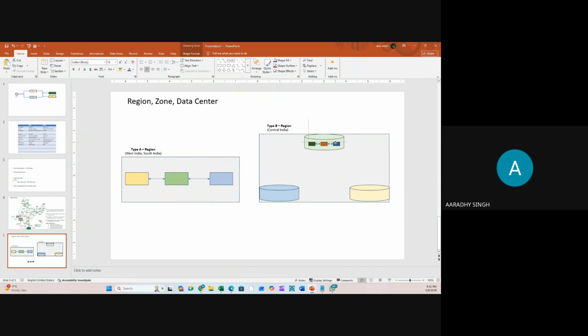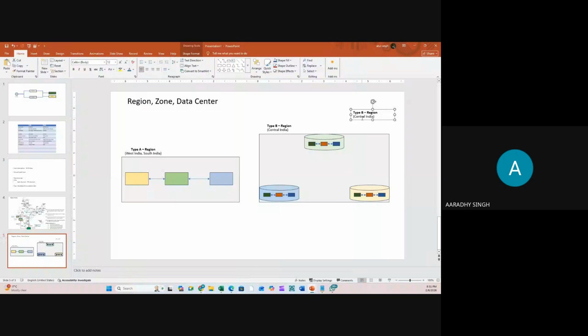So you see here, these 3 are data centers, and the number will be 1, 2, or 3 in each zone. So here, zone 1, zone 2, and zone 3. This is type B region, where within the region, there'll be 3 zones available.